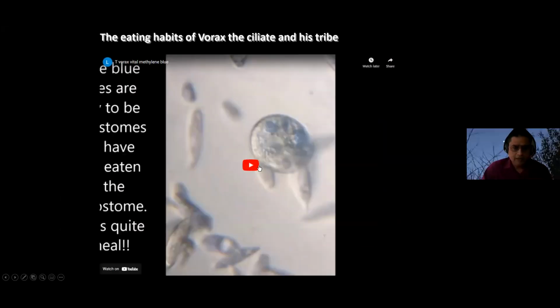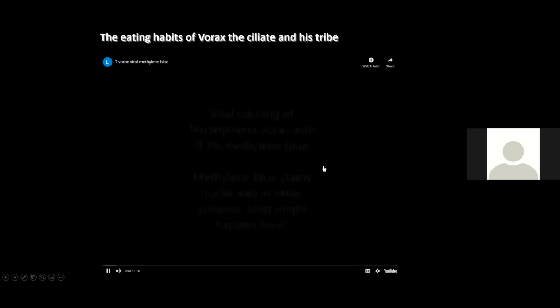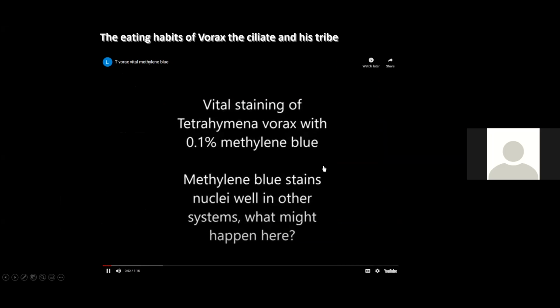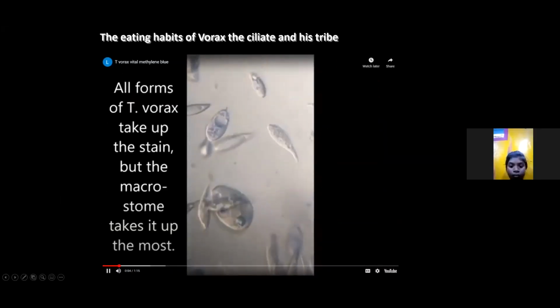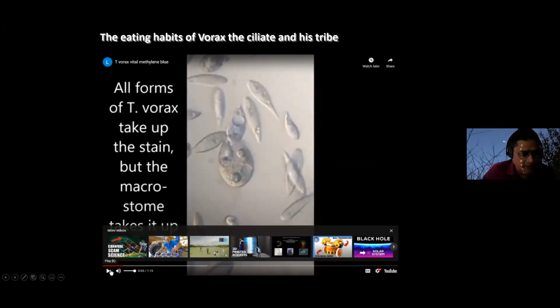Okay. So now you're seeing what I call Mr. Vorax. This is a single-celled organism that is found commonly in pond water. You take a single cell of Mr. Vorax and let him grow in the pond water. Normally, Mr. Vorax is tear-shaped like this, or a pearl-shaped